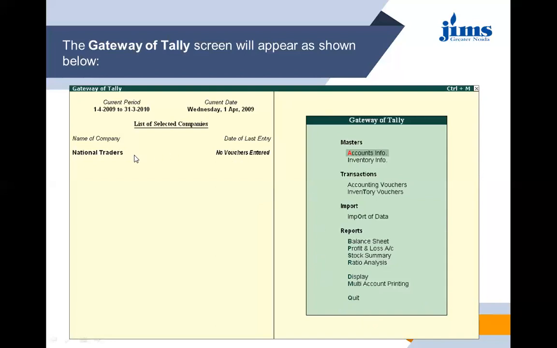But if you shut down this company, then we will be in the previous stage of the Gateway of Tally, which I showed in my fourth lecture, where you can see it was written select company, create company, then edit ledgers, and much more information. So after accepting the creation of the company, your Gateway of Tally page looks like this.